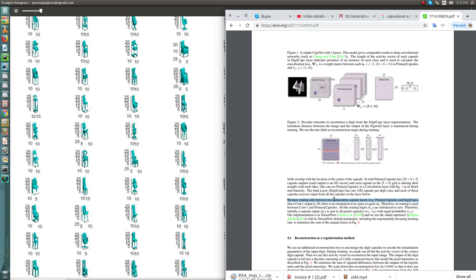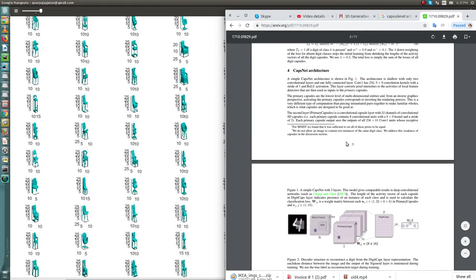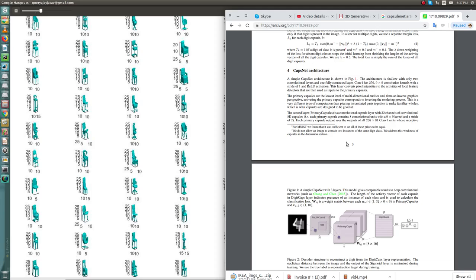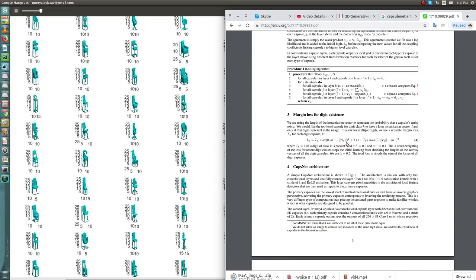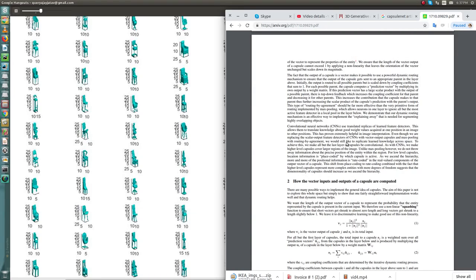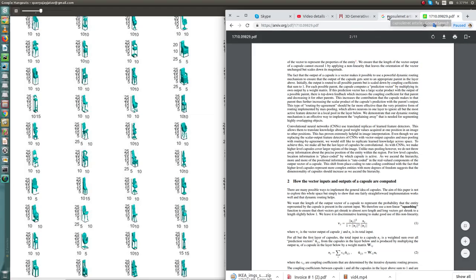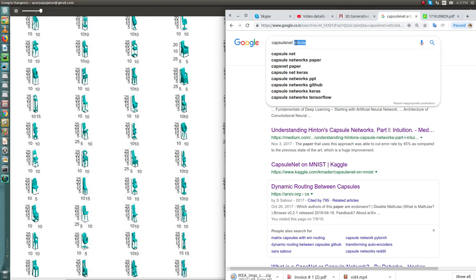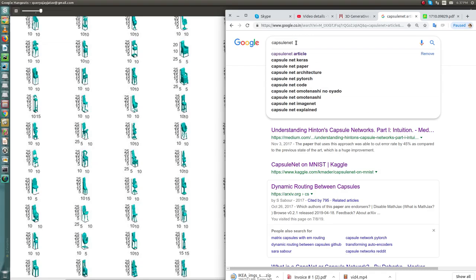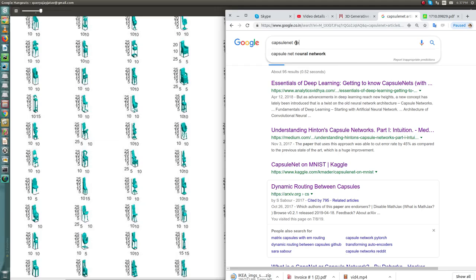This time they have done it with a capsule layer on a classification system. So I thought I should do something different. I searched on Google what CapsuleNet is and in how many fields it has been implemented, and I came across that CapsuleNet has already been implemented with 2D GAN.